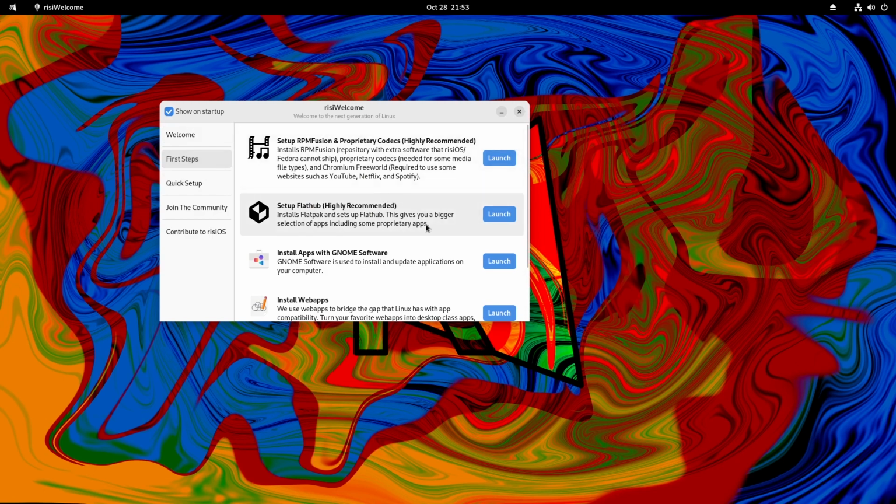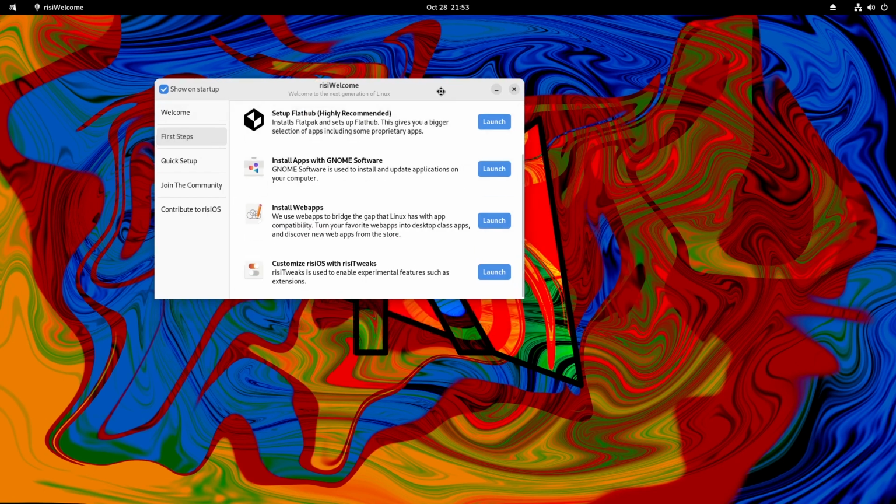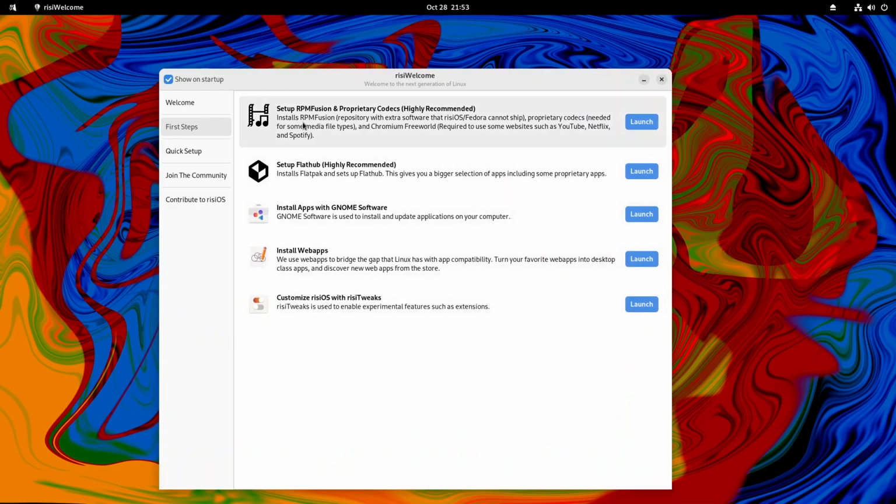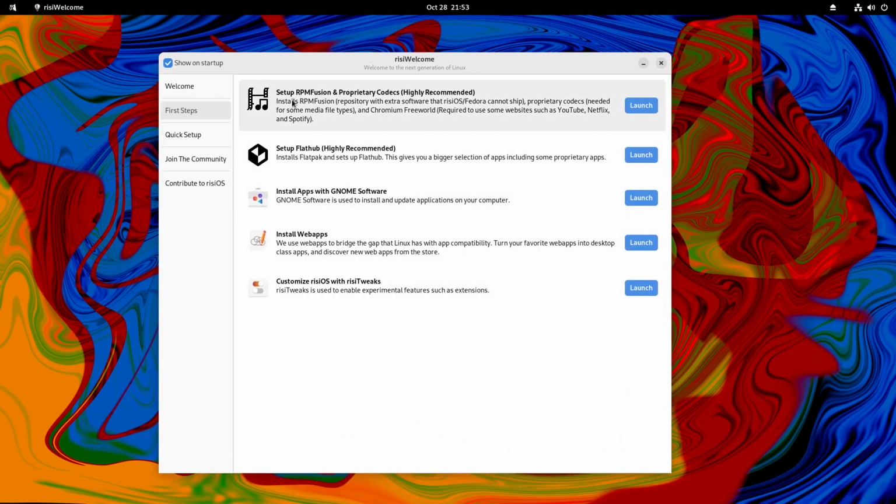In this window, we can see that we can set up the RPM Fusion and proprietary codecs just by clicking the launch button. And then we can set up Flathub directly by clicking the launch button also.